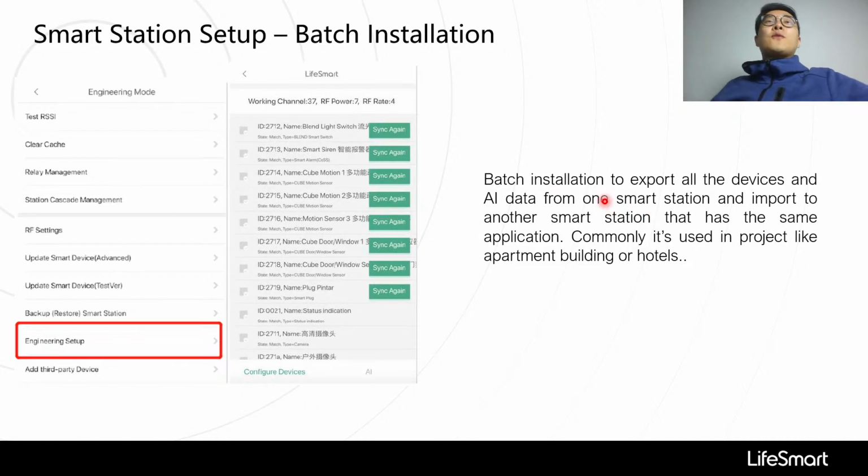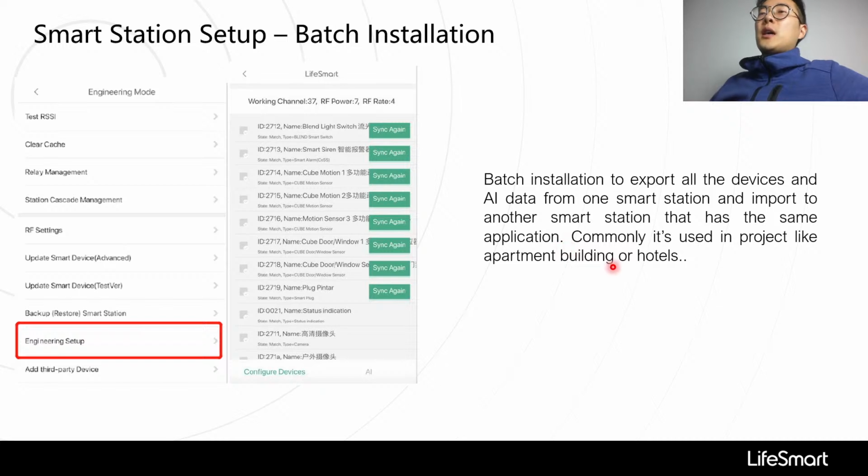And also another useful function is batch installation. This function means that if you are doing a real estate project, you are going to set up like 100 or dozens of or even hundreds of apartments with the same layout and with the same devices. You can pair all the devices one time and set them up one time, and you can back up the data and use batch installation mode to export all the devices and AR data from one smart station and import to another smart station that has the same applications,